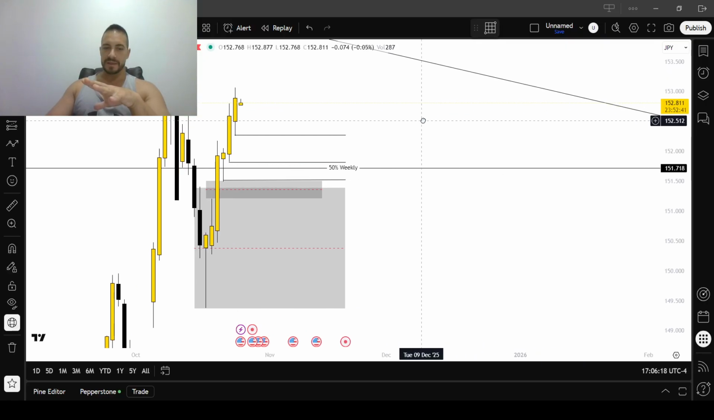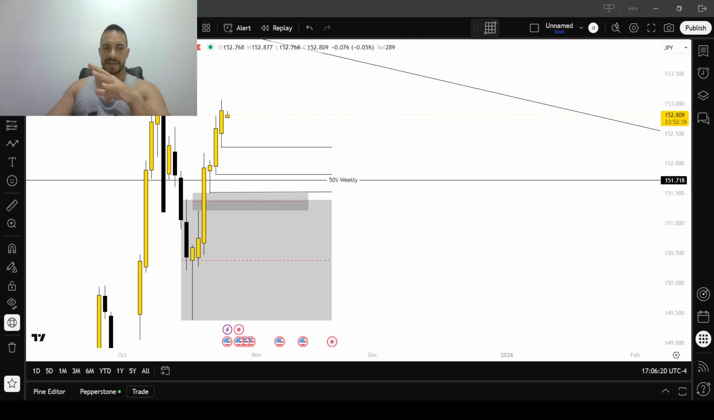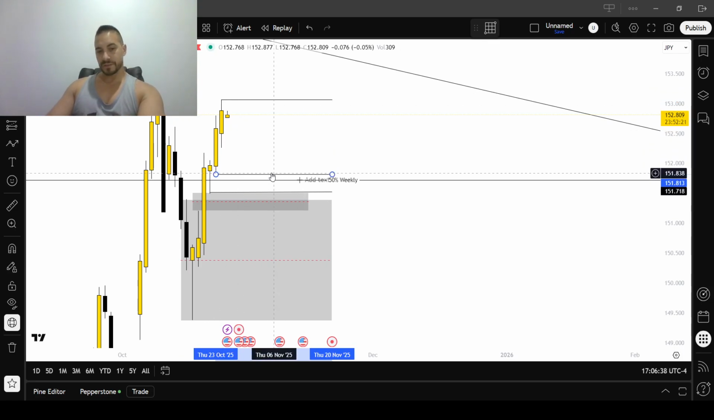But I see this area getting swept before that. So just things to keep in mind. They're your major areas you want to buy in. So if you want to do a scale in buy, I suggest that type of method. If you are looking at a short method,